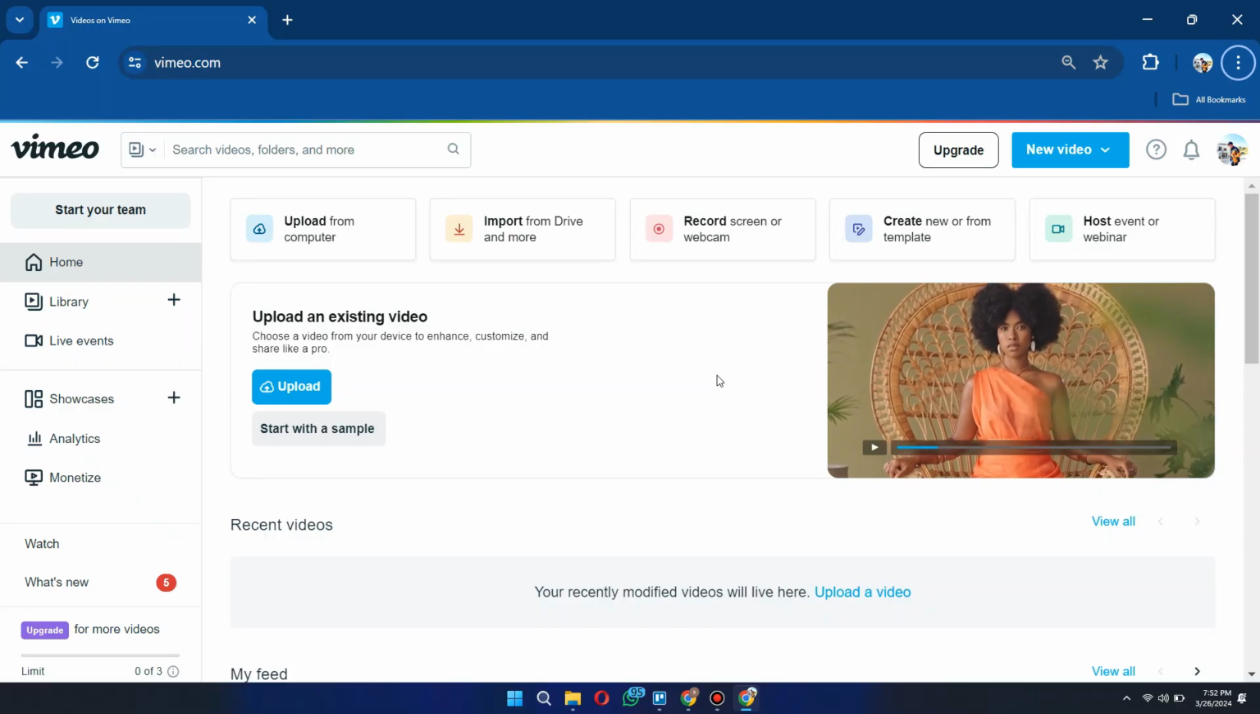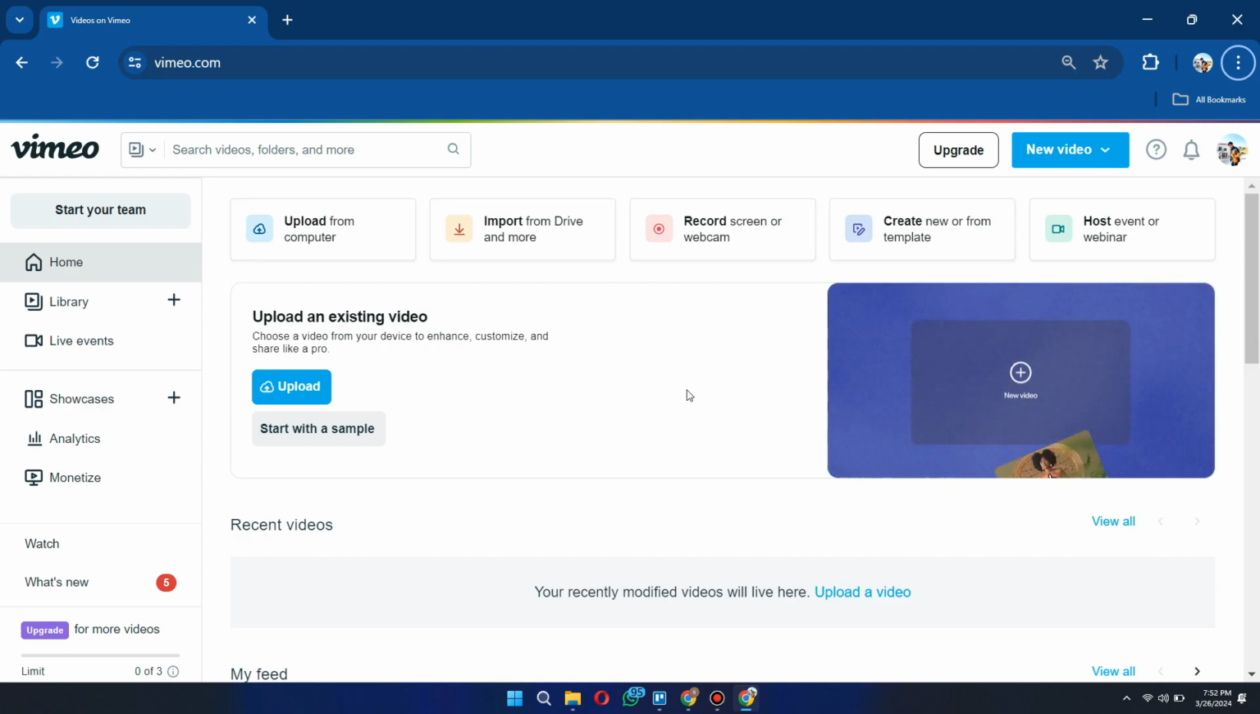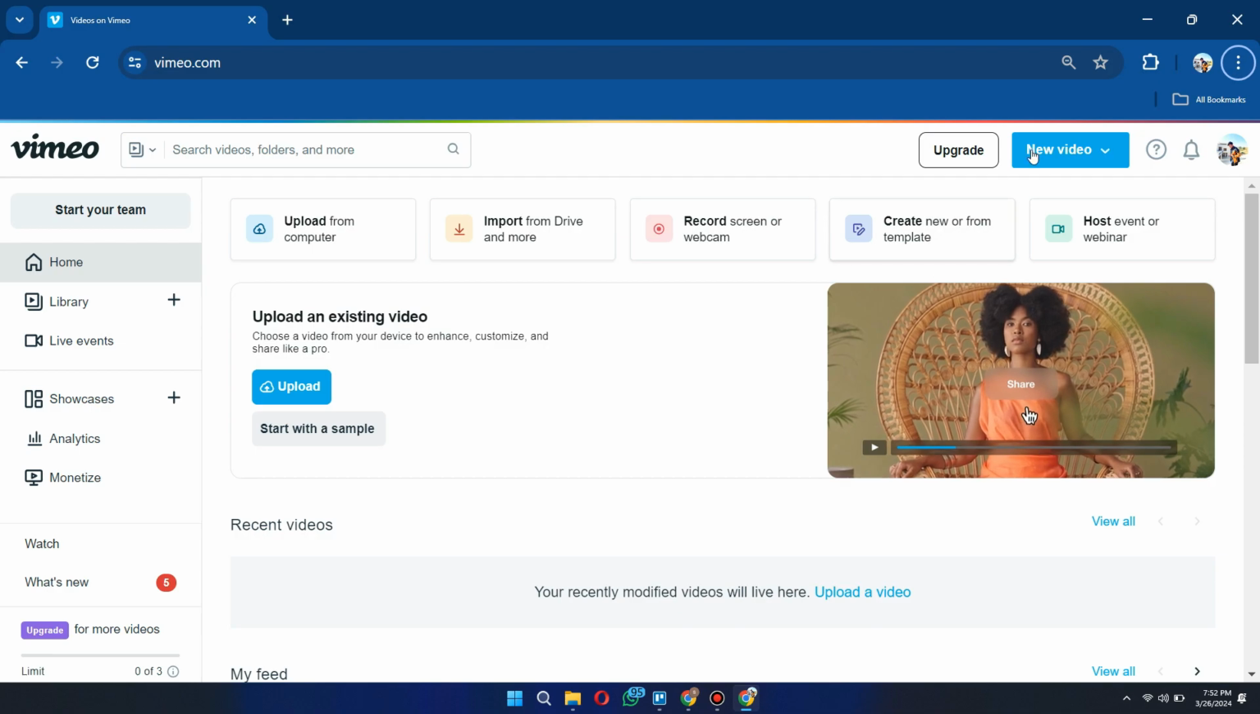First of all, open up your preferred browser and search for vimeo.com. Once you are on the home page of Vimeo, make sure you are logged into your account. After that, click on New Video option at the top right of your screen and you will be redirected to